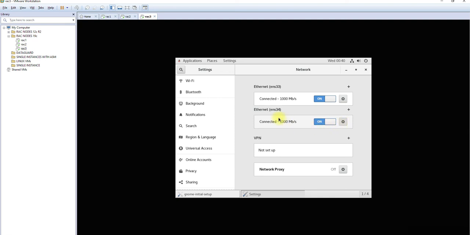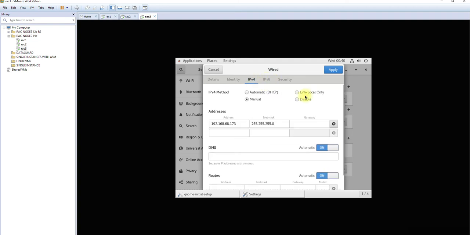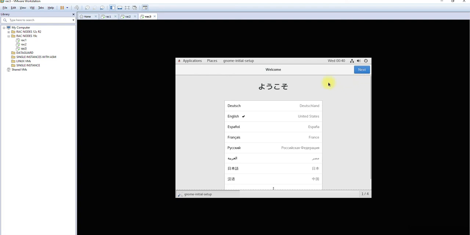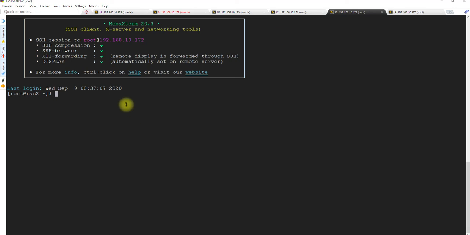This has to be turned on and has to be connected automatically. IP addresses are perfect. IPv4 is perfect as well. So the IP address was set up properly. Just the thing was that it was not started. When I check from my end, I was able to connect as well.